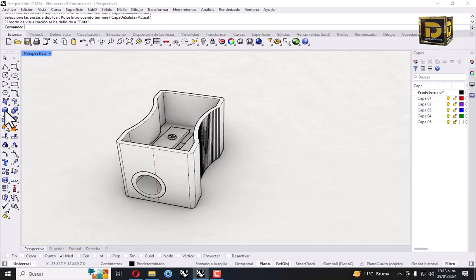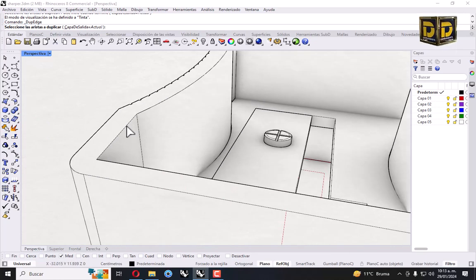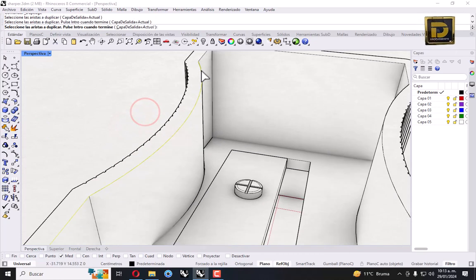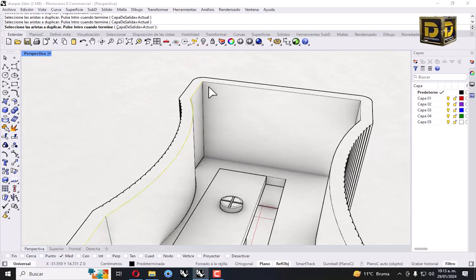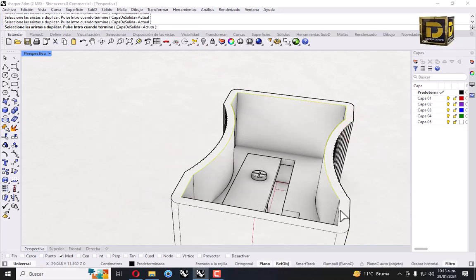Now we need to duplicate edge. We're going to select these edges here, this edge, this edge, this edge, this edge, and this edge. Enter and join.